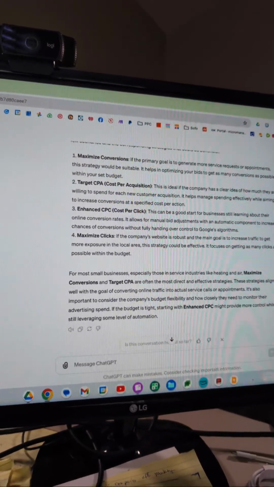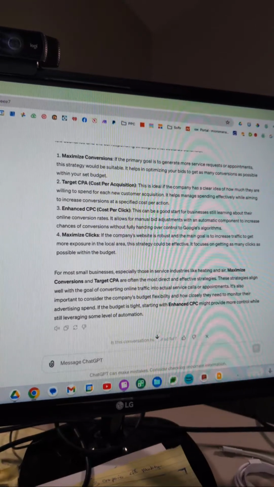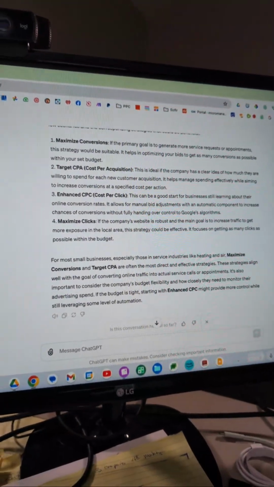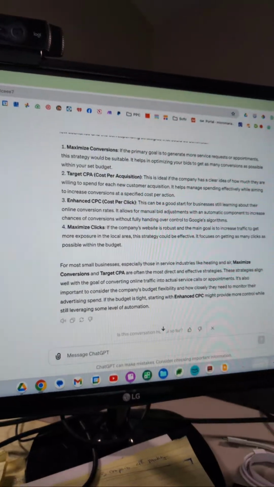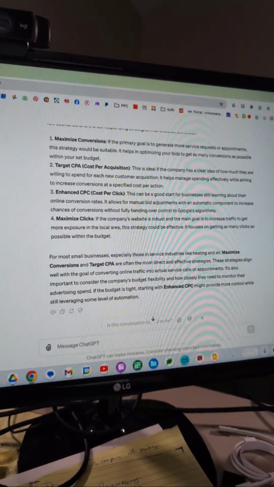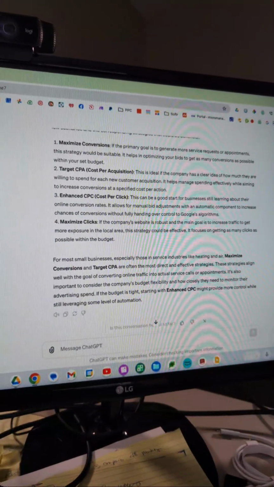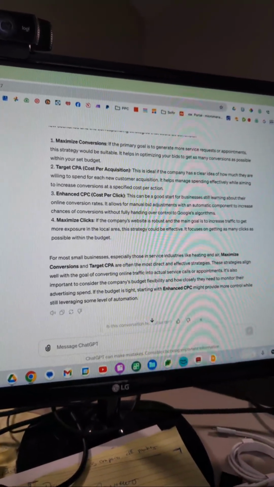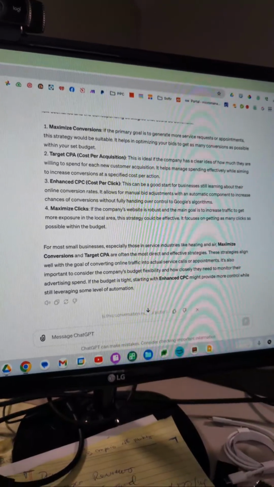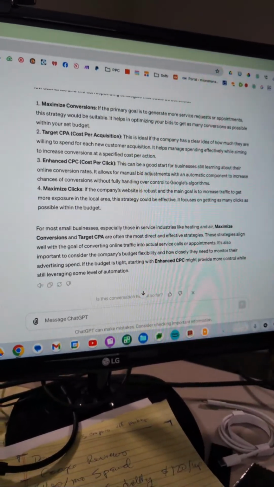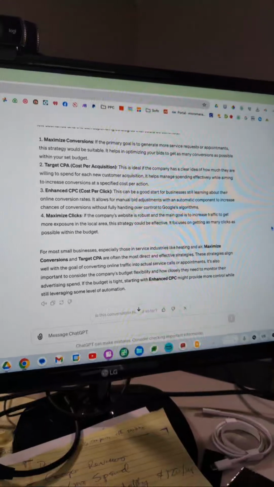Google has come up with all these automated bidding strategies for one reason and one reason only. They make 80% of all of their money from pay-per-click. After all these years, and it could be more money as a percentage. After all these years, I'm talking to you right now on